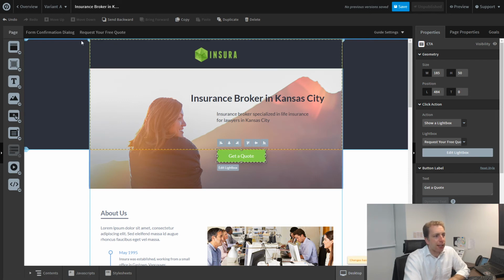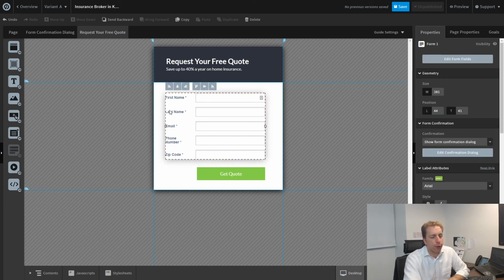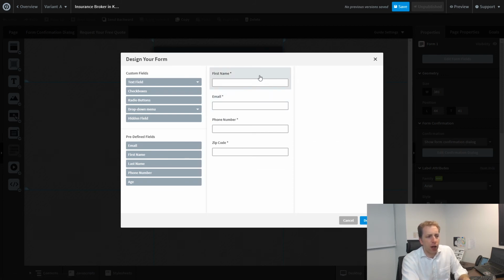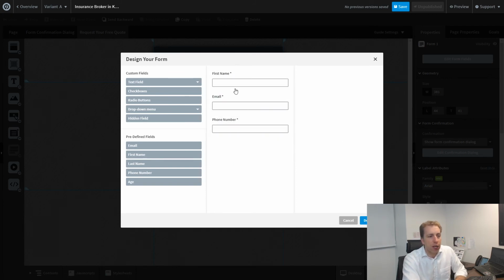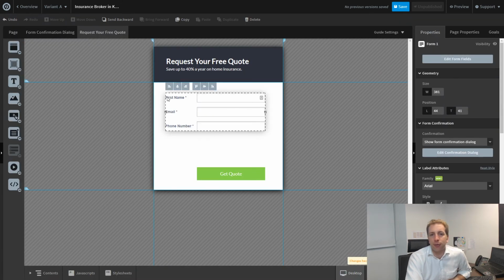And then here you have a button, and this is going to open a light box. So the light box here, this is where you design the form. Here it's asking for first name, last name, email, phone number, and zip code. To me, that's too much. I like to keep just first name, no need for last name, email, phone number. I don't see a reason for the zip code. If you do, you keep it, but three fields at most. If you want just two, first name and phone number, that'd be great as well. So the fewer fields you have, the higher your conversion rate is going to be.